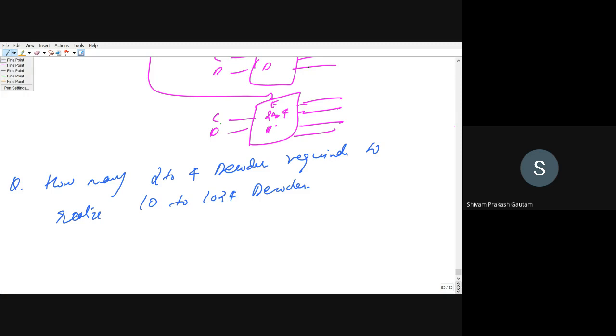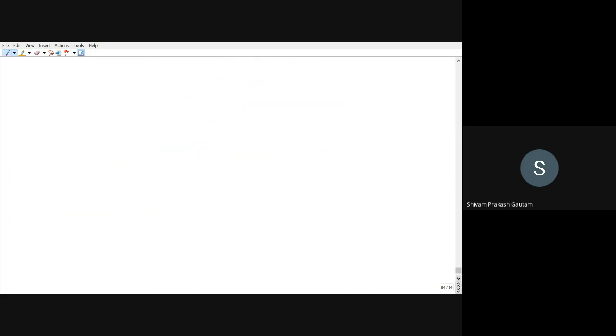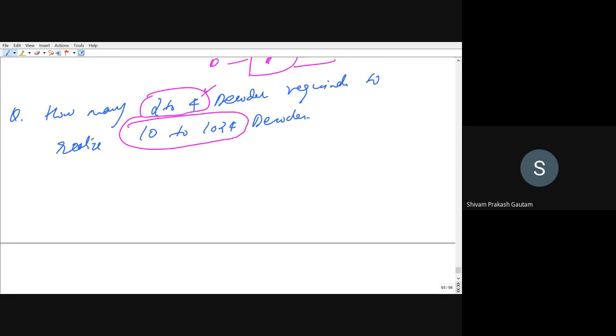So you can see here what you want to realize. You want to realize a 10 to 1024 decoder, but right now you only have 2 to 4 decoders in your hand. So you want to calculate how many 2 to 4 decoders will be required. So how can you proceed? You can see the output lines of the lower decoder are 4. The output lines of the higher decoder are 1024. So you have to divide the output lines,